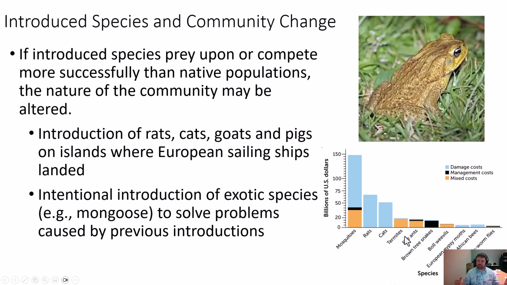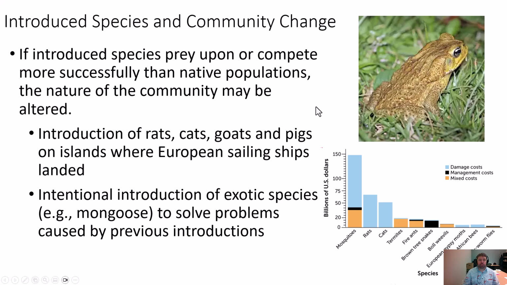in many of these cases, the native populations are not adapted to this introduced species, and that's what gives this introduced species the distinct advantage over the native species. Like, the native species has never had, in many cases, especially islands, a snake on an island, and so they never had any defenses against something that climbs into their nest and eats all their eggs. So lots of other ways.